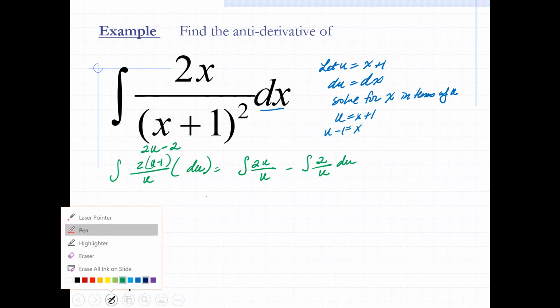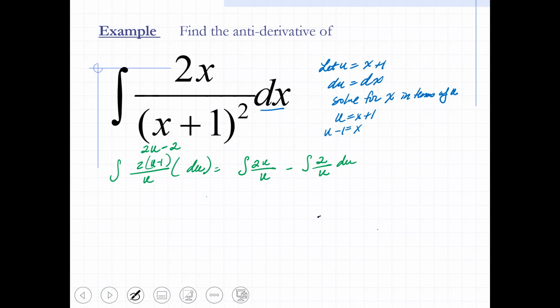Okay, so let's go ahead and do that. Oh, you know, I forgot a square. I'm sorry, there's a square. Ta-da, right there. That matters. So I have a square and a square. Sorry about that. Okay, so then this part cancels, and I have the integral of 2 over u,